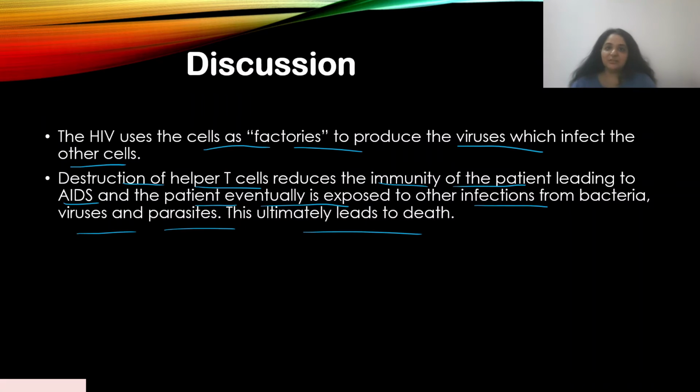But now let's go back to the normal function of HIV, that now it has used the cell as a factory for producing lots of another HIV virus, which then infect fresh cells, and it goes on and on, the cycle goes on, right? So now what happens is it also destroys helper T cells. That's where the problem is, that's where AIDS starts. Now AIDS, the full form of AIDS is acquired